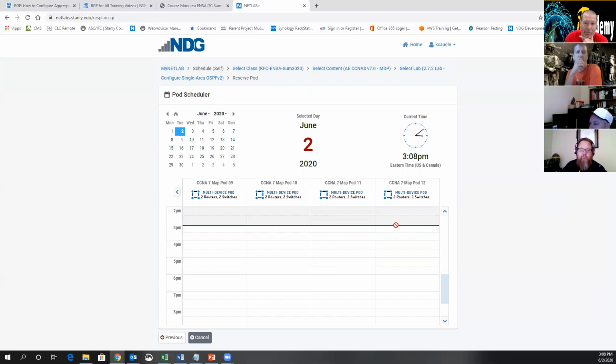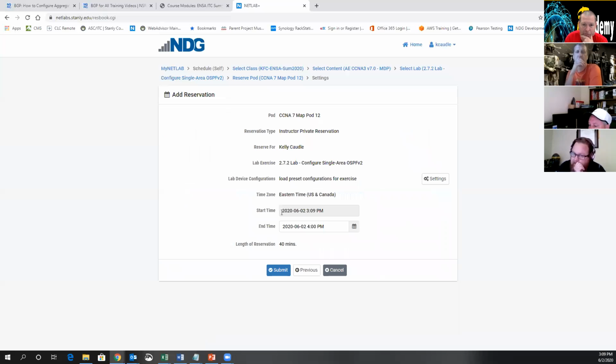You can pick a time. The red line is the current time. And if you know you've got time Thursday the 4th at 4 o'clock in the morning, you can go whenever. So you can also go forward and schedule labs at any time. I always ask, if you do that, just make sure you're using the pod when you schedule it. This summer, it's not as bad. The fall is going to be a little rough because I'm going to be trying to share the system with so many people. But if I click right here on the red line, it then gives me